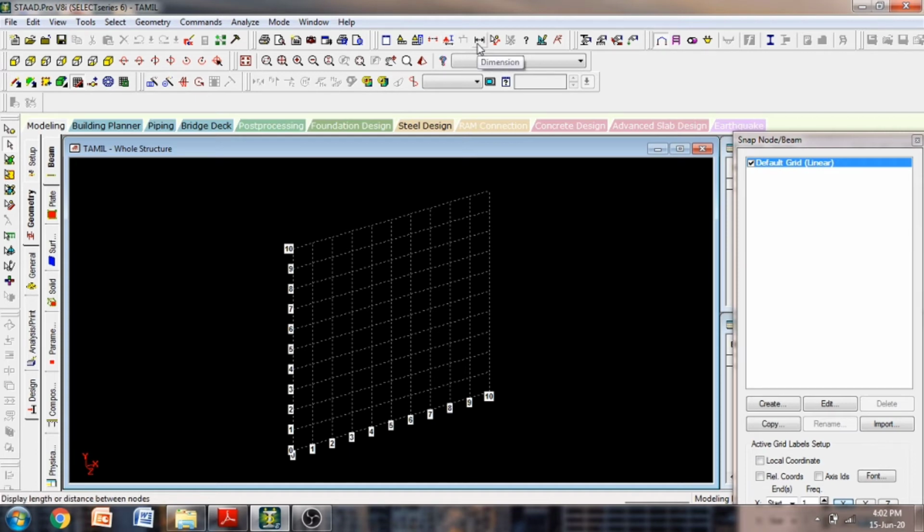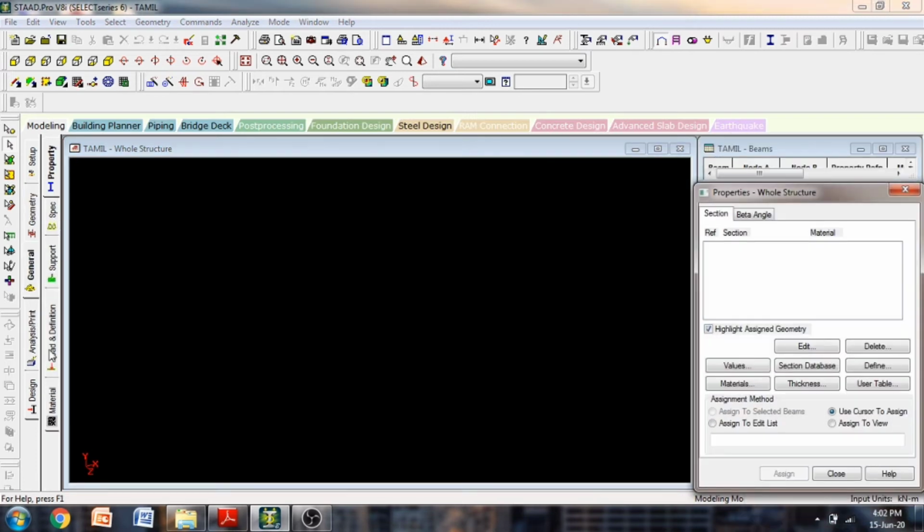This is for dimension, for displaying dimension. This is node to node. You want to click from this node to this node, what's the distance. You can give two nodes, and you can know what's the distance between those two nodes. Then these are like giving input. The tab over here, these four options will be the same four options which you can find over here. So whichever is easy, you can go for it.